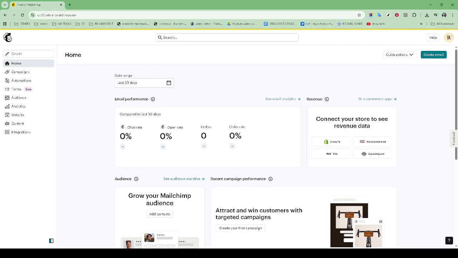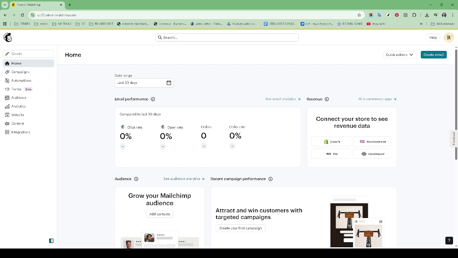First, you'll need to open your internet browser and navigate to mailchimp.com. Once there, you'll notice a welcoming homepage that introduces you to the possibilities Mailchimp offers. To begin, locate and click on the Sign Up Free button. This is your entry point into Mailchimp's suite of tools, offering everything you need to kickstart your email marketing journey